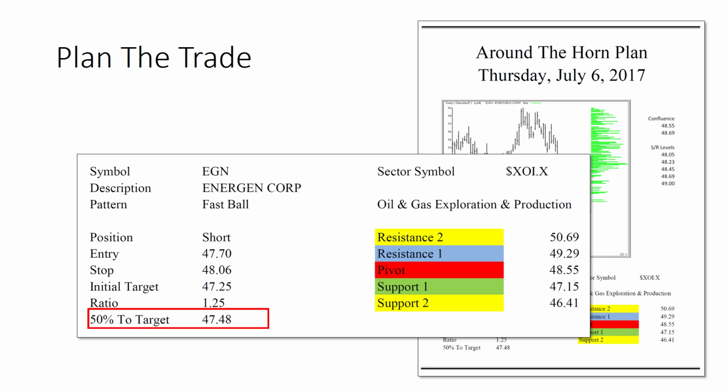So this all should be lining up for you right now, right? So things are set to go the following session. We know exactly what we're going to do in terms of getting the trade to risk-free, getting the money management in place, and we know where we're going to get out if things go wrong.